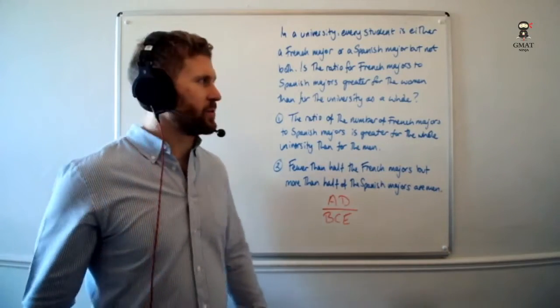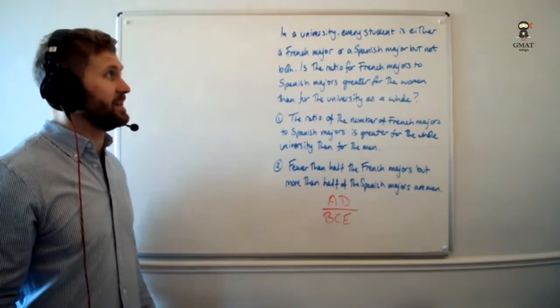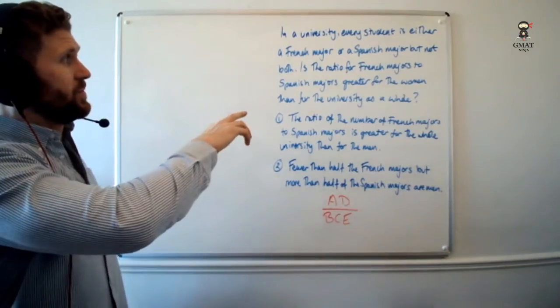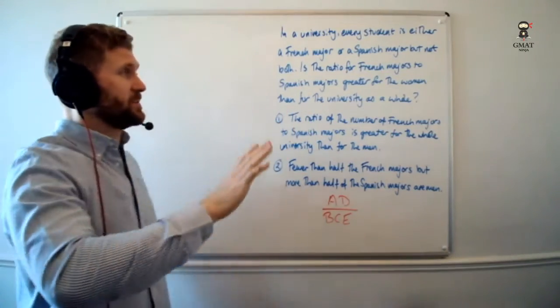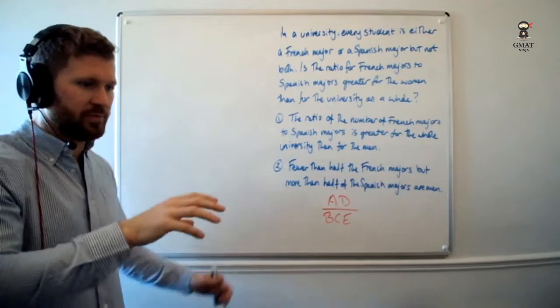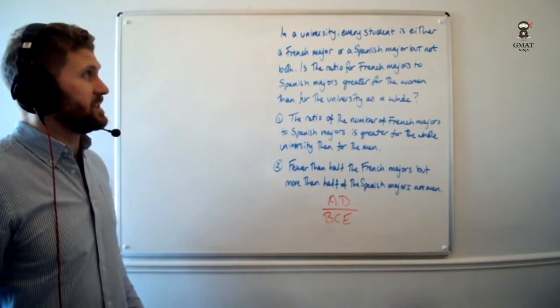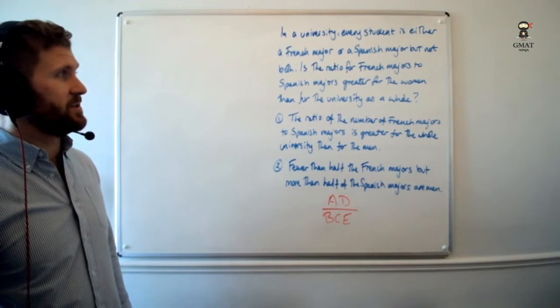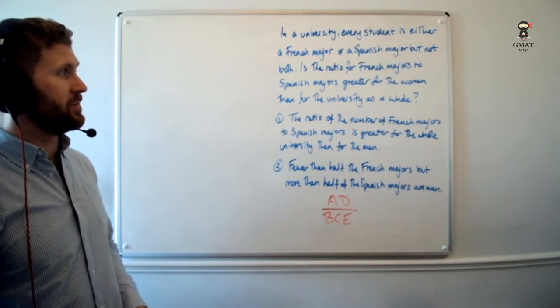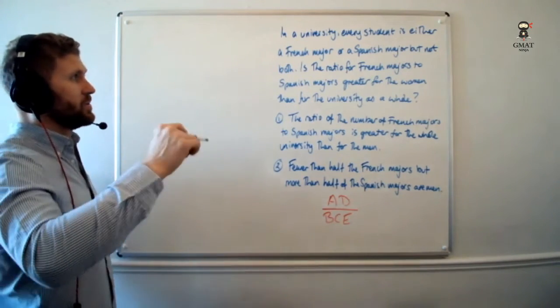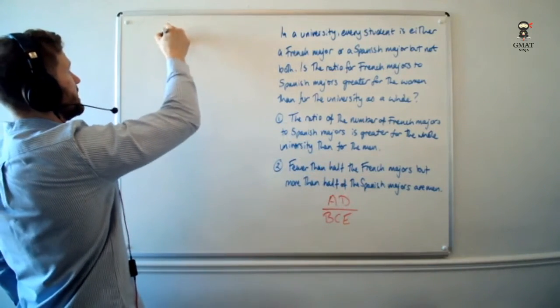Then I can be a little bit more clear about the information I need and what I've been given. And so what we're saying here is every student's either a French major or a Spanish major, but not both. You're in one of two camps and you can't be in the middle. But what we're asked is, is the ratio of French majors to Spanish majors greater for the women than for the university as a whole? So what I could say there, I could set up the ratio